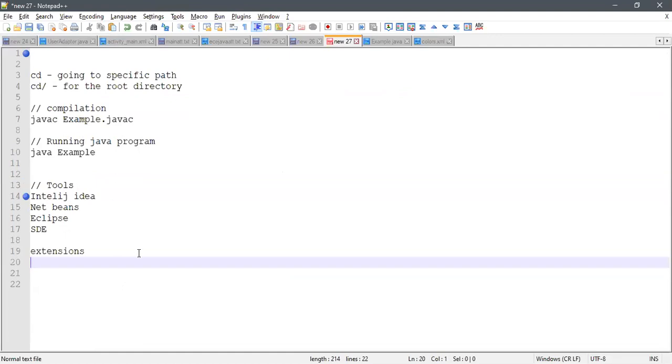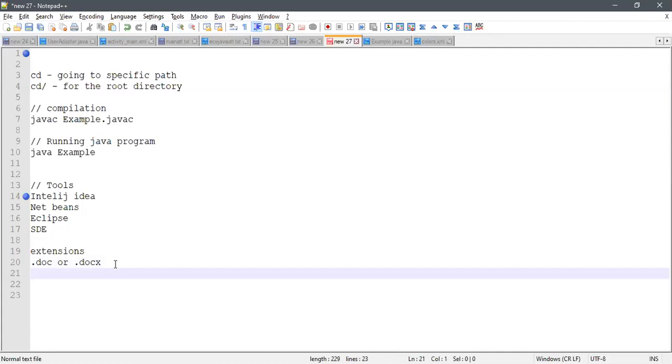For Word files, we use .doc or .docx. This is for Microsoft Word extensions. For CSV files or Excel files, we call it CSV or XLSX.